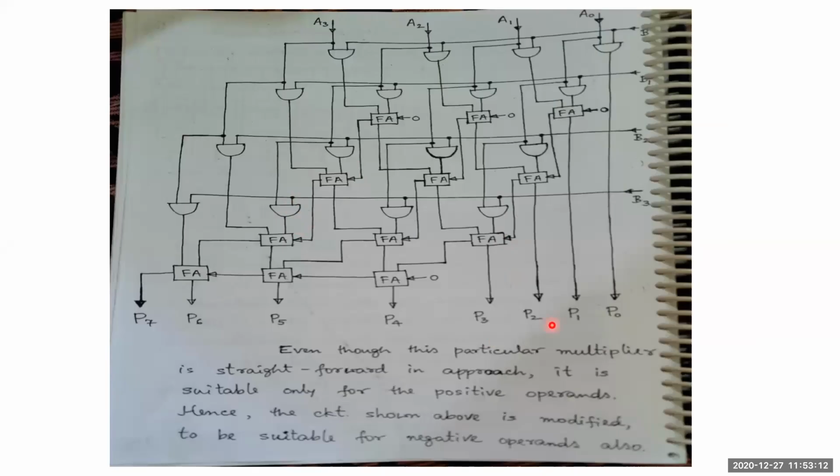This particular Braun multiplier cannot be used for negative operands. We'll be using it only for positive operands. Therefore, in order to use it for negative operands, we'll be using an inverter for the AND gates over here, so that the negative will become a positive again, and we can use that. So that's a major constructional difference between the Braun multiplier and the Baugh-Wooley multiplier.